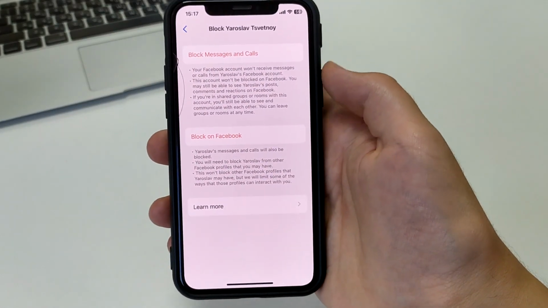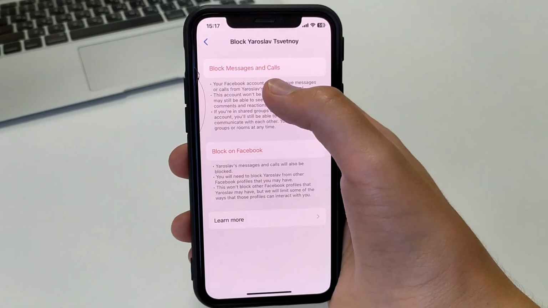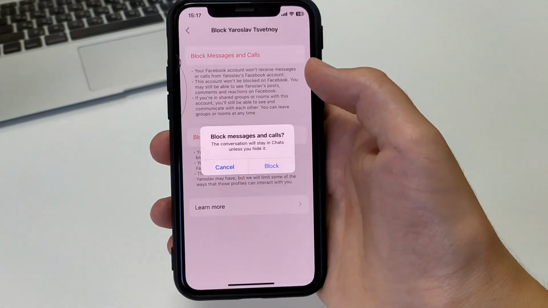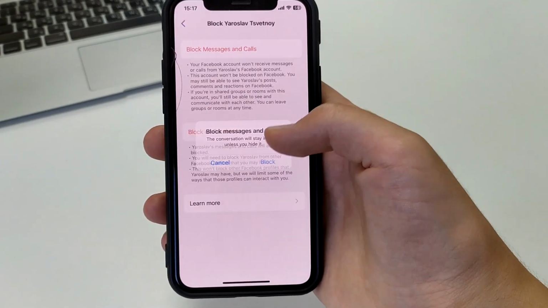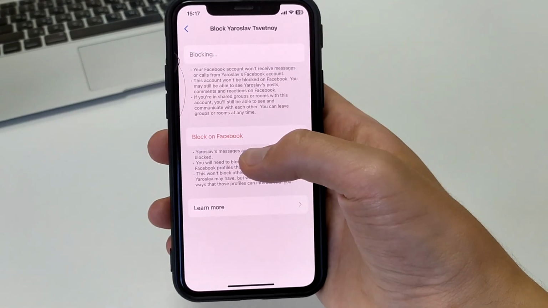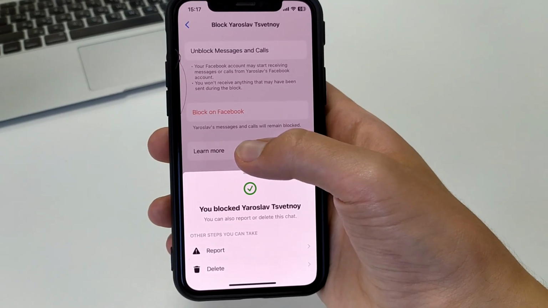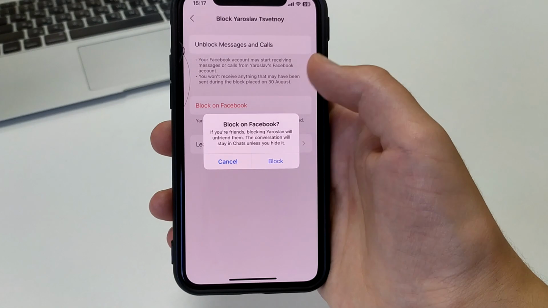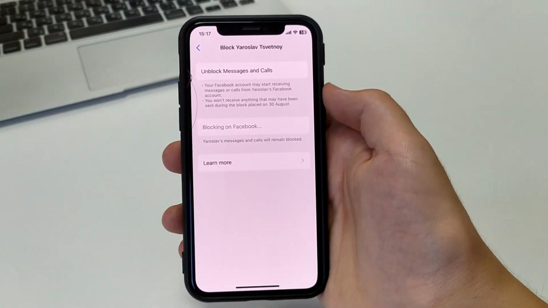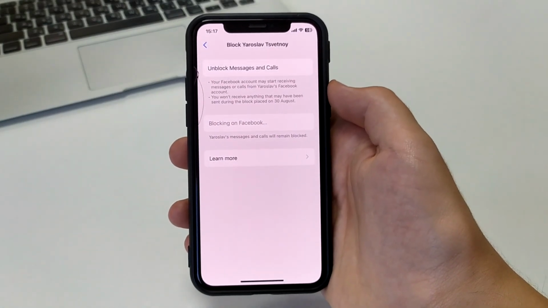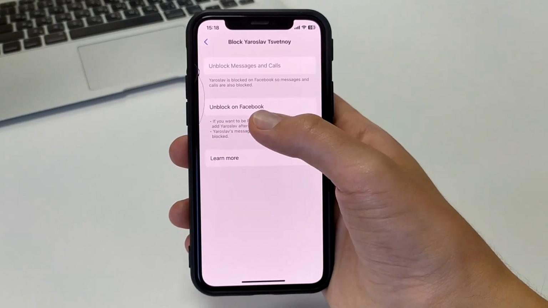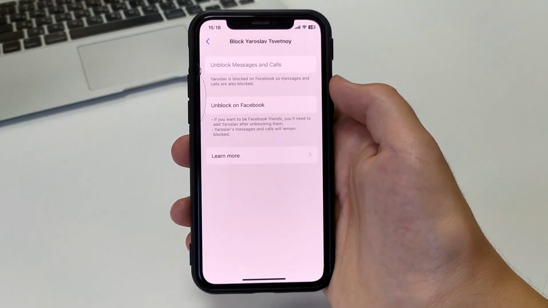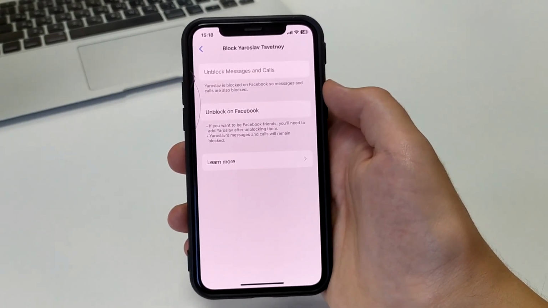Further, we can block the person in Messenger and also in the phone book. If we want to do it, click block, and the second. We can also block the person also in Facebook. If we also want to do it, we click block on Facebook and block. After this, we blocked the person both in Facebook Messenger and just Facebook. And now the person will not be able to write a message neither in Messenger nor Facebook.